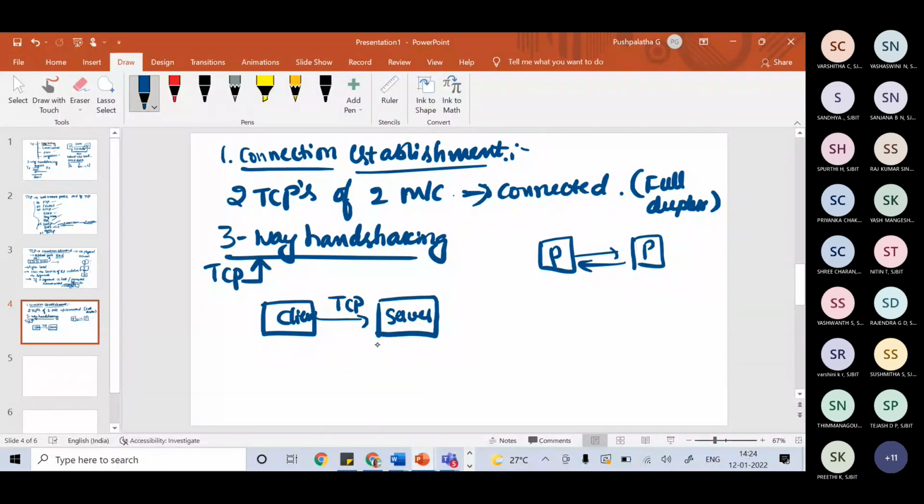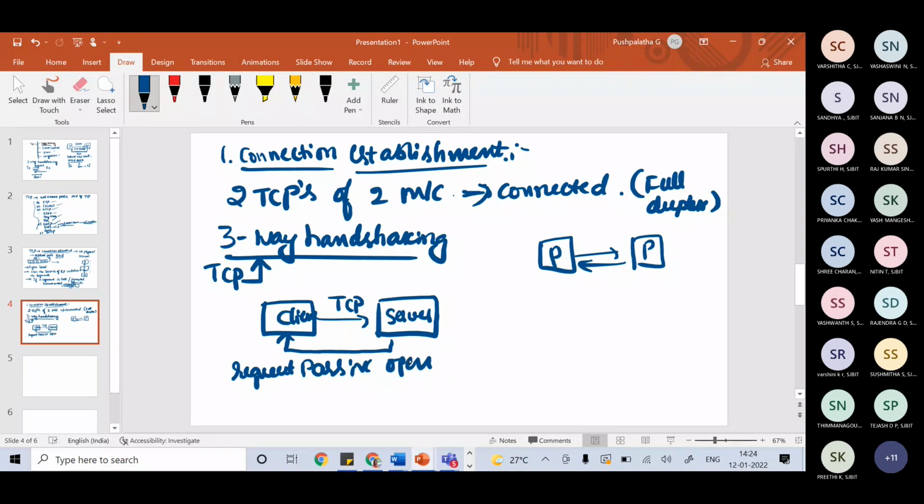That means the server program will tell its TCP that it is ready to accept the connection, right? First he will tell he is ready, and that is called a request for a passive open.